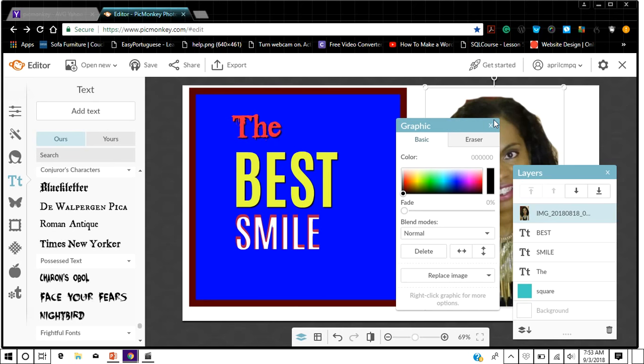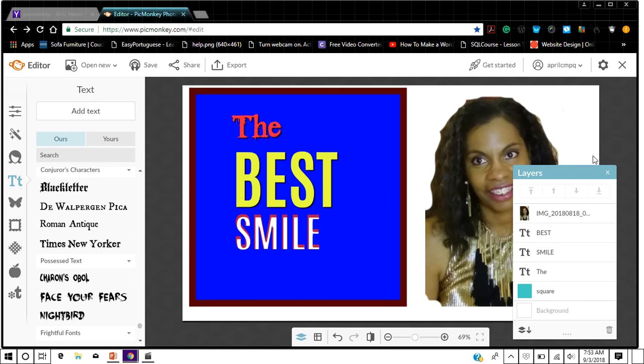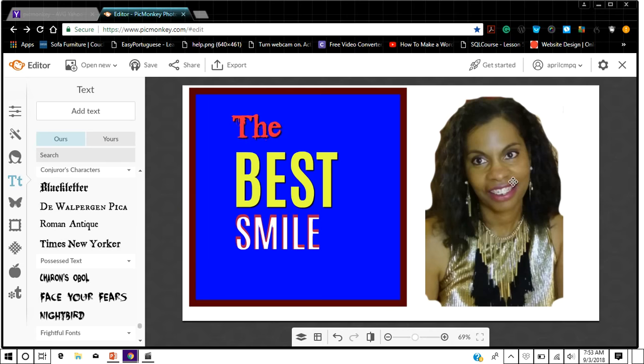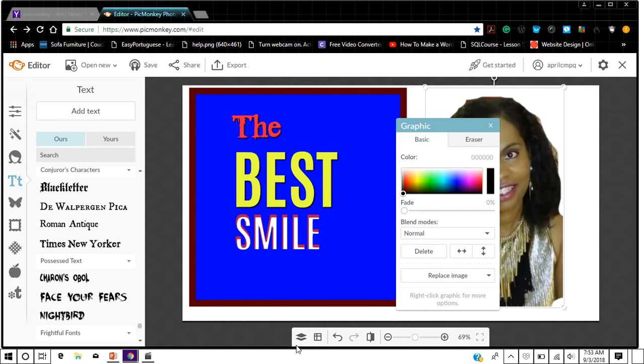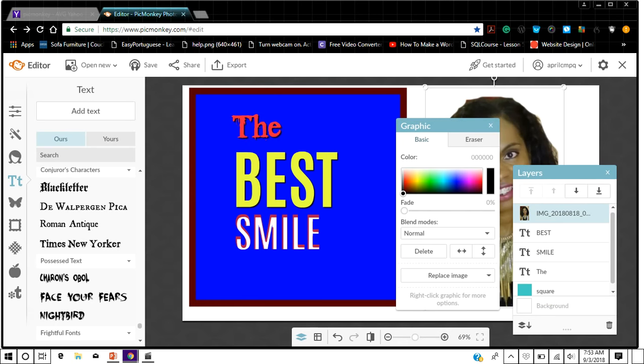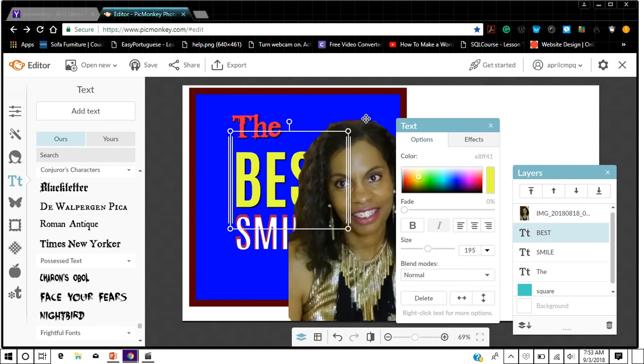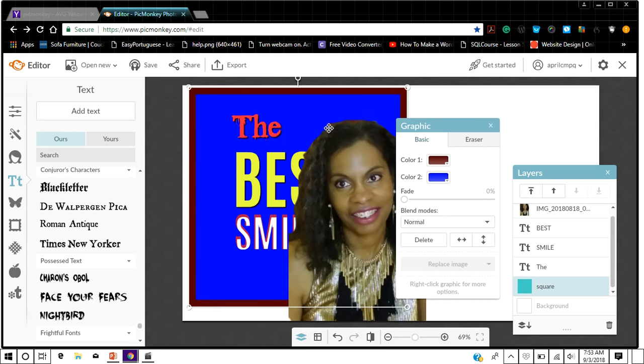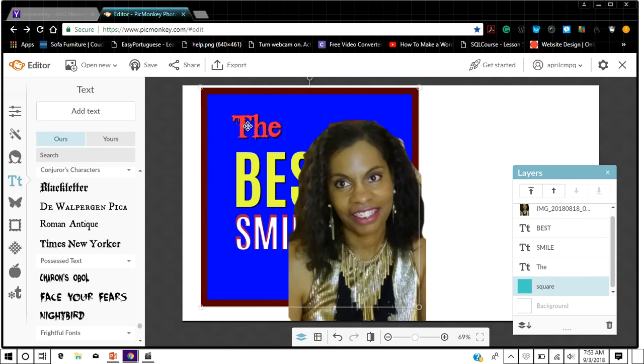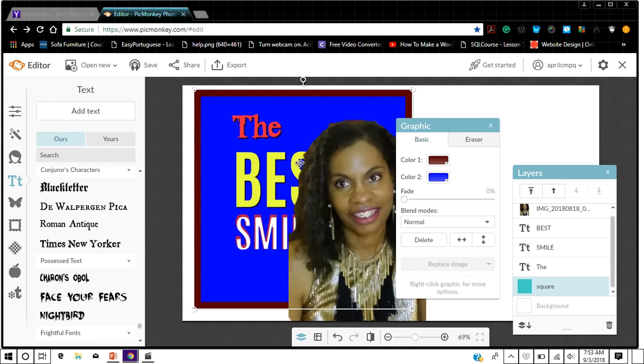Okay. Now, we get rid of all these. Get rid of this. Now, let me show you. Let me tell you again. The graphics will come up if you hit that. The layers will come up if you hit this one. Okay. And you can pick your layers this way or you can click on anything. But if your layers are overlapping, let's say like this, they're overlapping, and you want to get back here to this. You can't. Well, yes, you can. Wow. Okay. Well, you can't get to the letters. See, you can't get to the letters because she's in the way as always. Get out the way. You can use the layers,